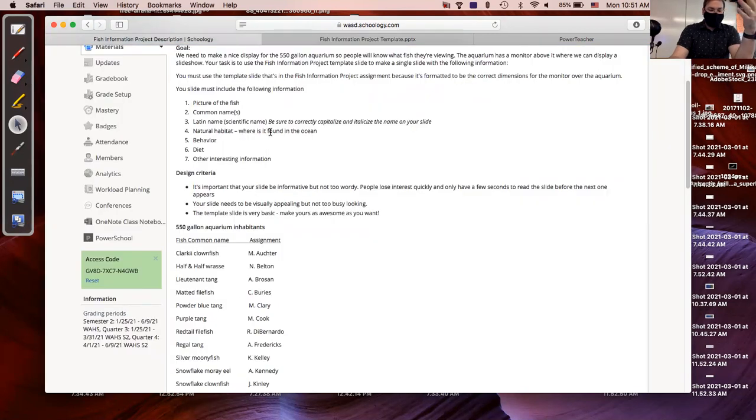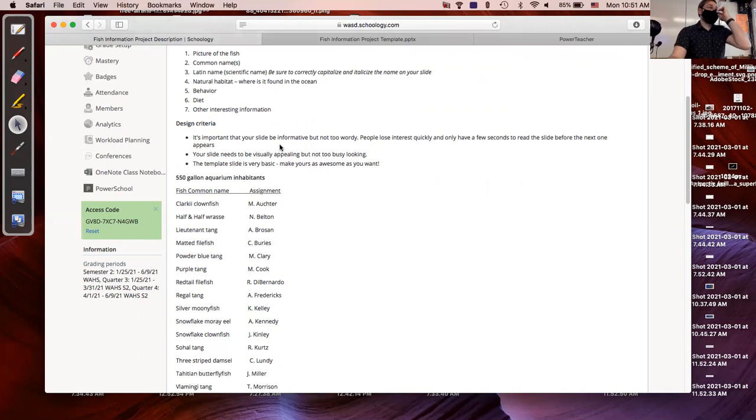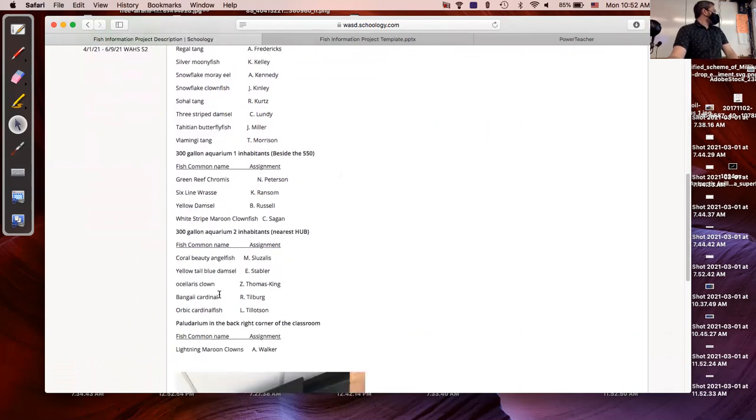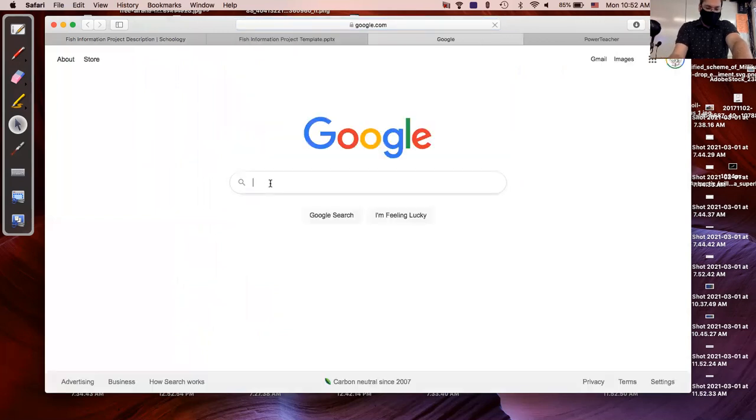Natural habitat where it's found. Some fish are found all over the world. Some fish are found in very limited regions. What's their behavior like? What's their diet like? And if there's any interesting information. Do we have any fish that are rare? Yeah, like found in only specific regions. Yeah, well, there's a fish. The Banggai Cardinal Fish is an excellent example of a